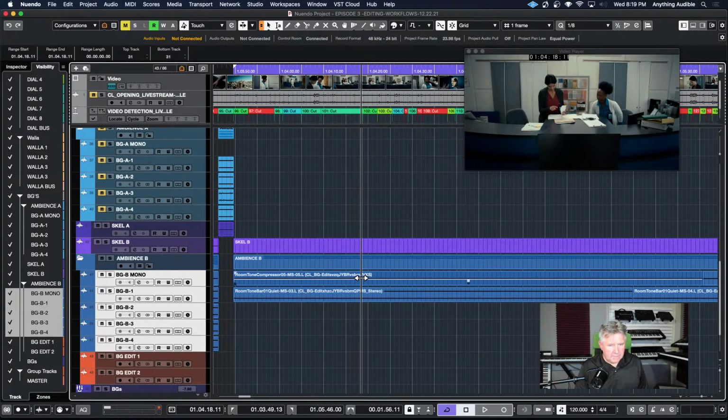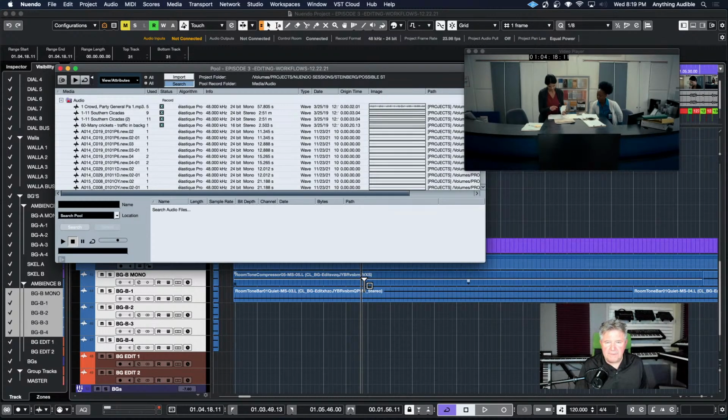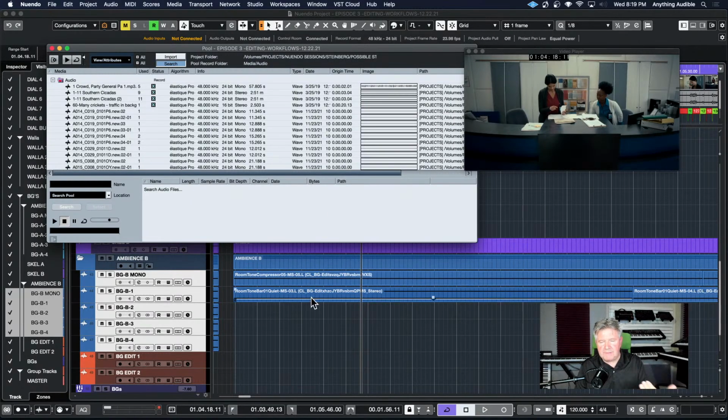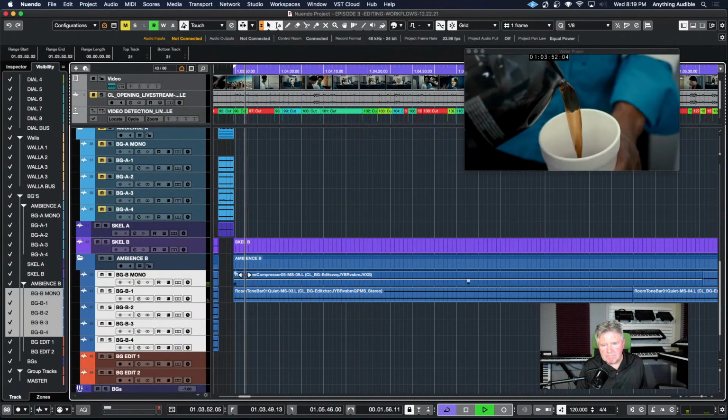And what I'm going to do is I'm going to grab a few sound effects here, a couple of them, and build up the layers of this ambience. Because right now,